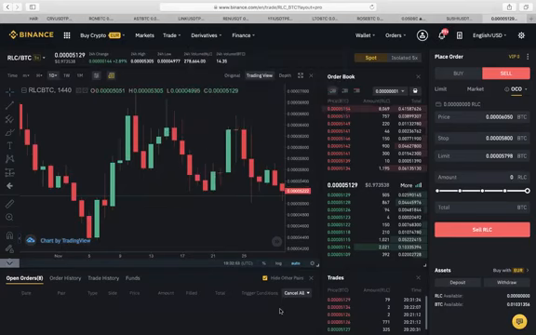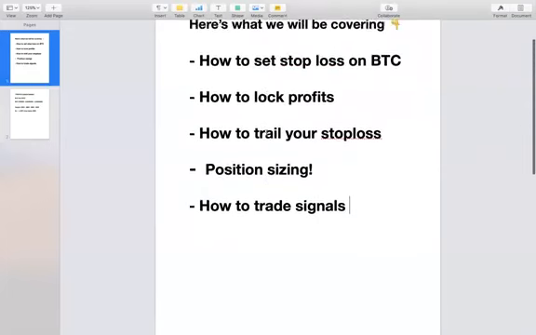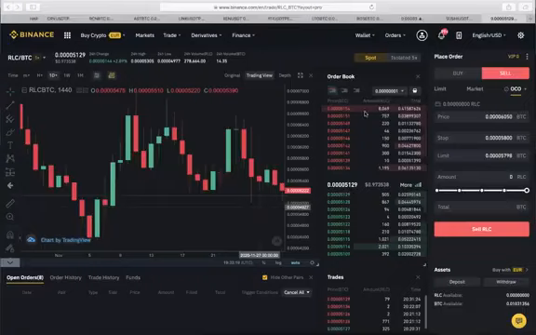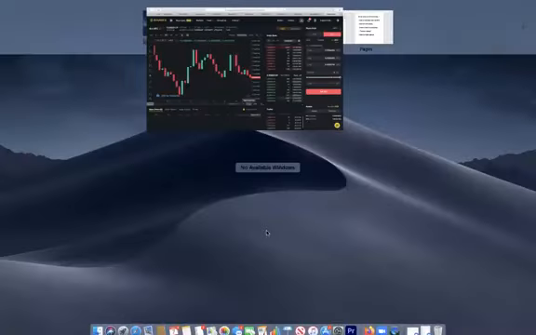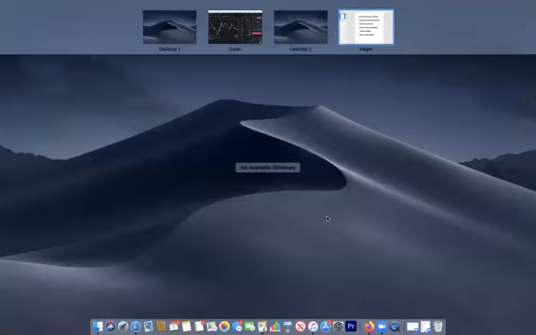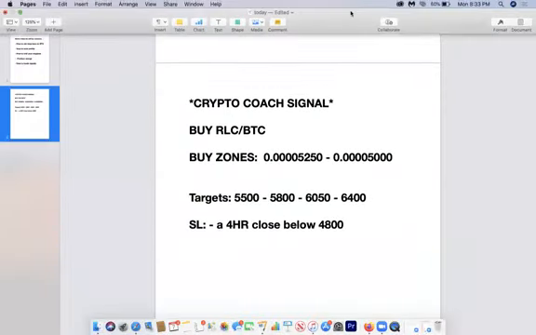All right. Let's go back to the third one. The third one is how to trail your stop loss. It's still the same thing as locking profits, almost the same thing as trailing your stop loss as well, just like I explained using this RLC. You want to trail your stop loss. Let's say, for example, we are aiming for